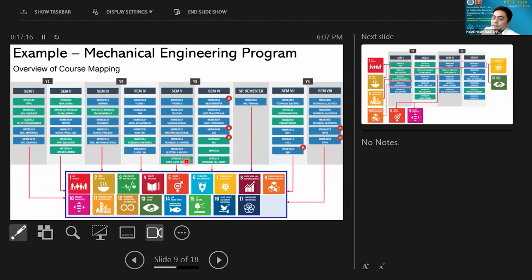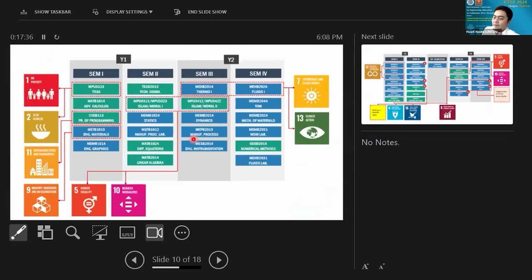Okay, this is an example for the mechanical engineering program. So you have year 1, year 2, year 3, and year 4. You have different courses covering year 1, year 2, year 3, and year 4. And then from there, the plan has to be mapped according to the nature of the courses, right?